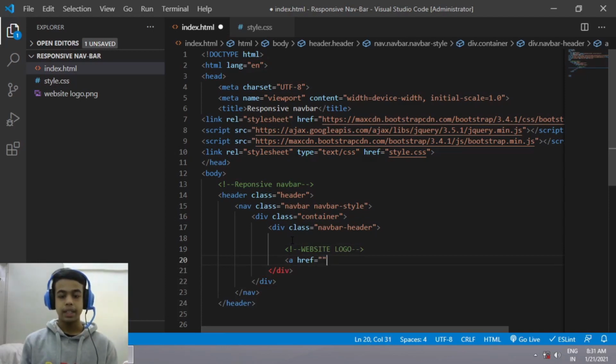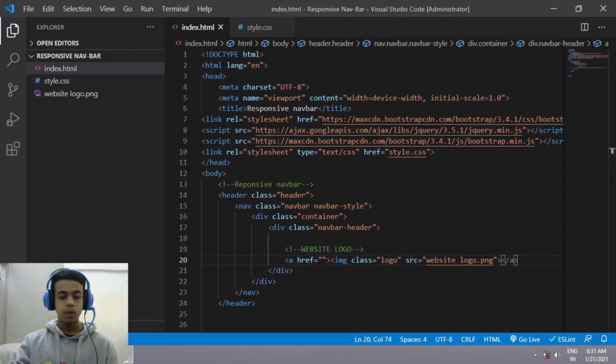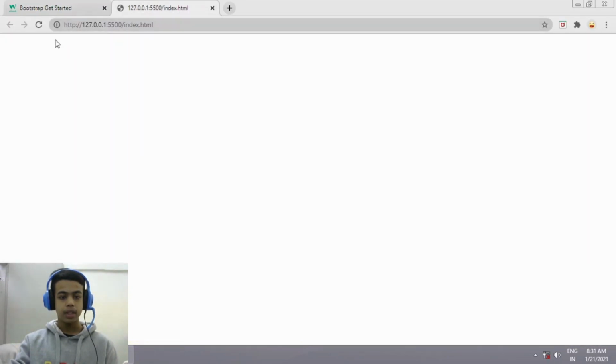Okay, if you want to link it, then I will be using the image tag with src to link my image. First I'll be using the class. Let's give it a class of logo. Okay, and after that, inside that I'll be using the source file to link my image. So it's website logo.png. Save it, go to Google Chrome, and as you can see here,